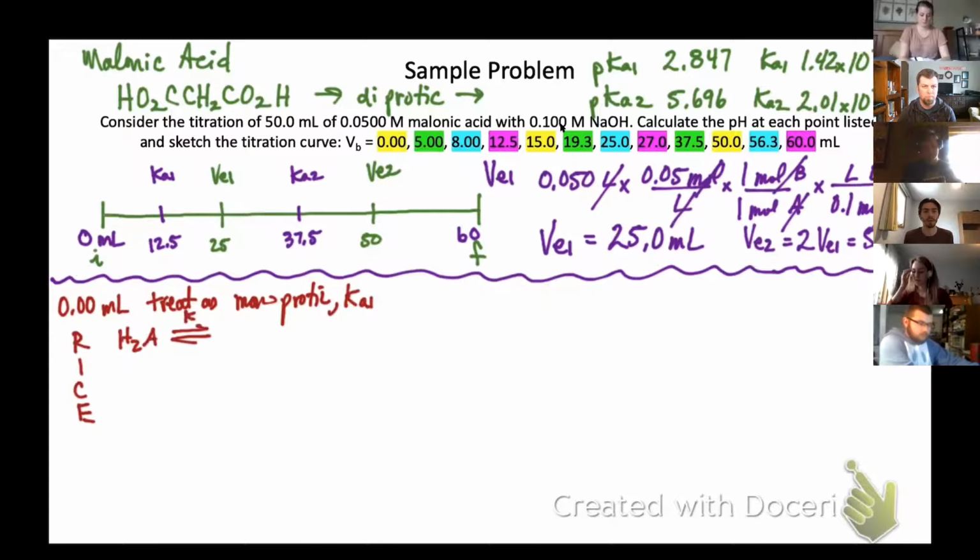So you set up your Rice table and then use the concentration. We converted to moles, but I guess you should only be using moles when you're setting up ratios. And when you're using the Henderson-Hasselbalch equation is when you're going to be using moles as opposed to concentrations. You can go back and forth, John, just to